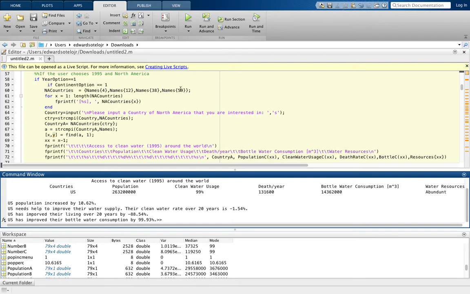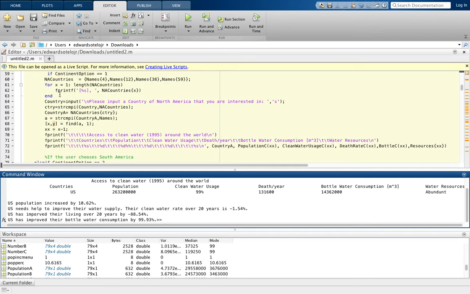We extract the countries from names, and we put them in a cell array. And then we use a for loop to print out the countries for that continent to help the user input the correct country. Then we use a string compare to compare what the user inputted to